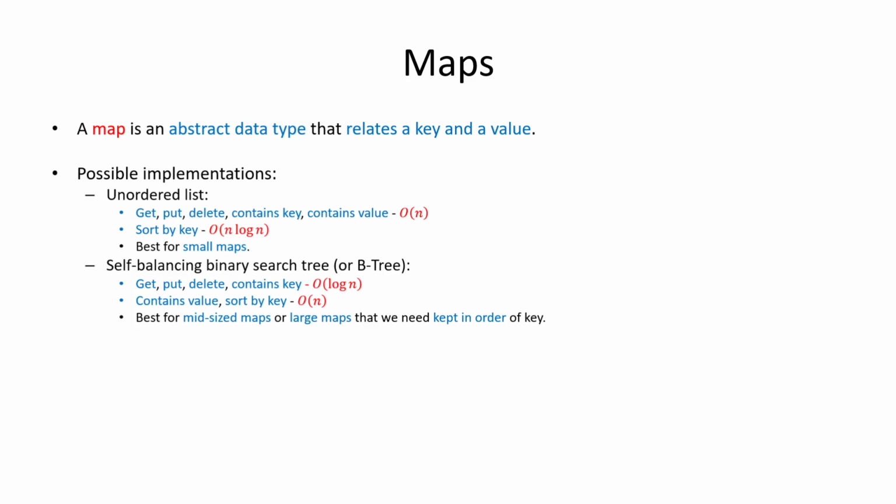And now, not just any old binary search tree, but as I've indicated here, a self-balancing binary search tree, or as we looked at in our previous videos, the B tree would be another alternative here. In all of these cases, as long as we have self-balancing or the B tree, we're guaranteed that the depth of our tree is logarithmic in n, and so what that means is that we have